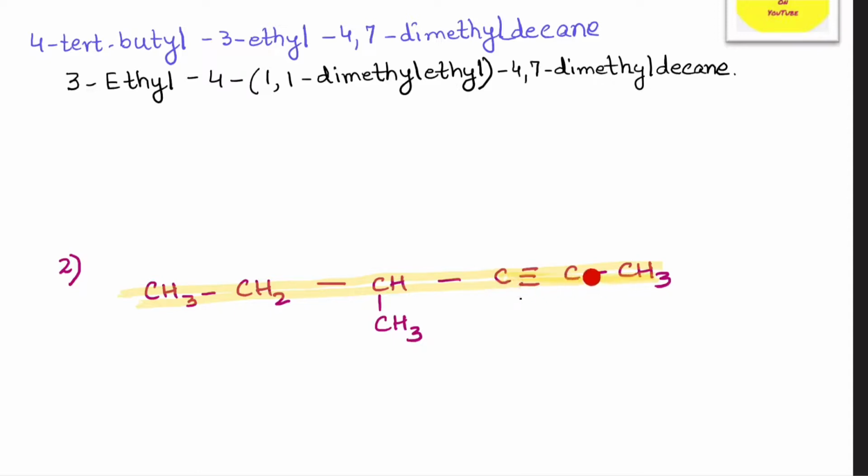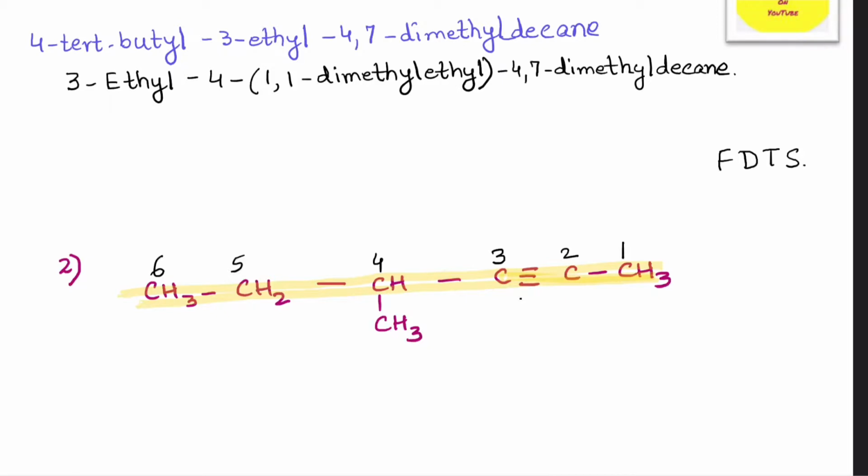Now, if you remember, I had also given you the rule FDTS: functional group, double bond, triple bond, and substituent. Also, if you notice, if I start numbering it from the right hand side, I get the lower locant. So here, this gets position number 2. So, let's get going. I have here 1, 2, 3, 4, 5, and 6.